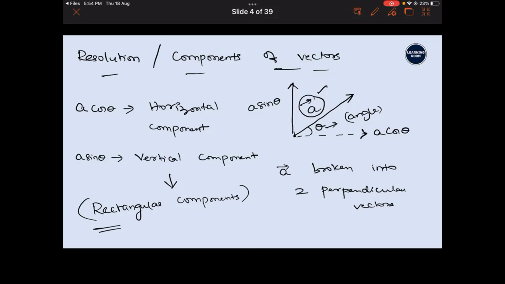Is it clear? This is a very, very important concept because going forward, whenever you have a vector and the angle made by the vector with any one of the directions given to you, in most scenarios you have to break them into their respective components and then solve the problem. Okay, so let me